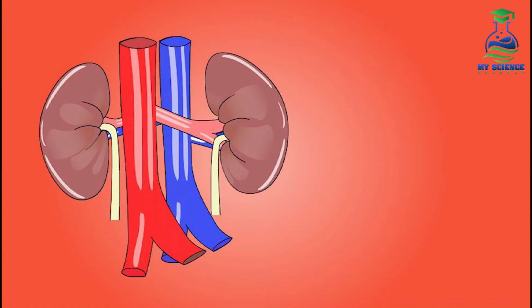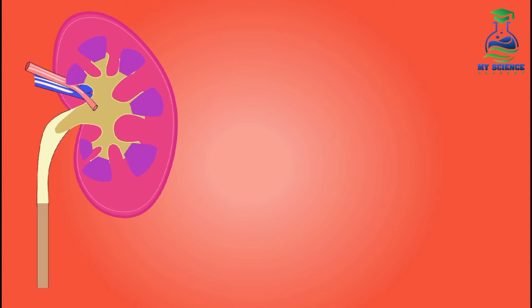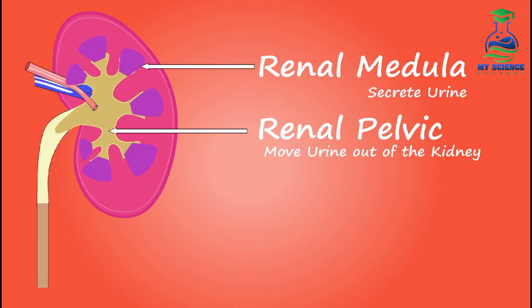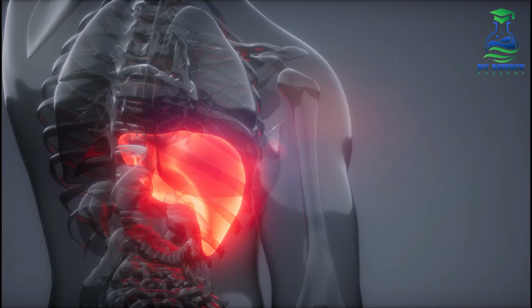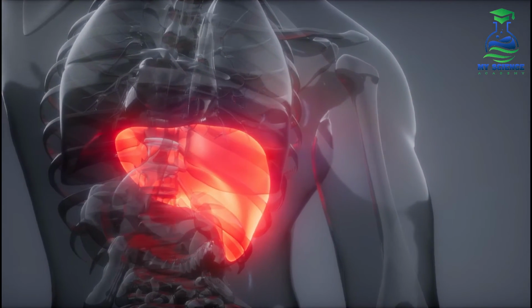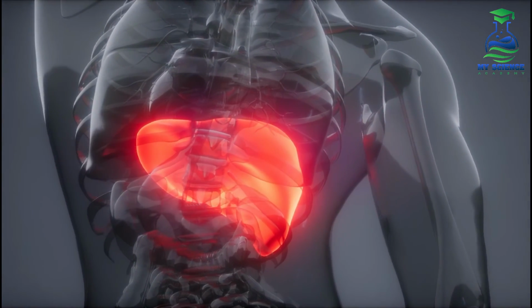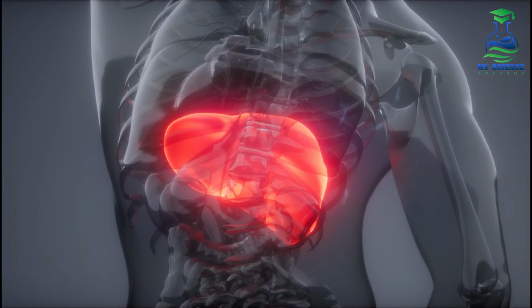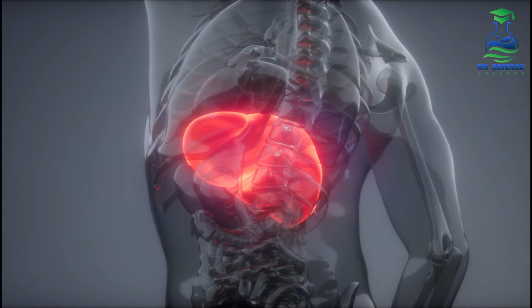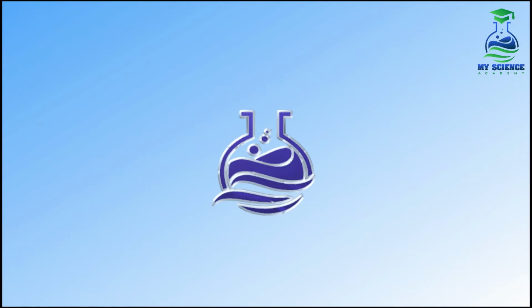Kidneys are the essential excretory organs in the human body as they are responsible for the removal of waste products from the body in the form of urine. Then how does the liver support the excretory role of kidneys in the removal of these waste products? Liver is a large complex organ in the human body located in the abdomen under the diaphragm.